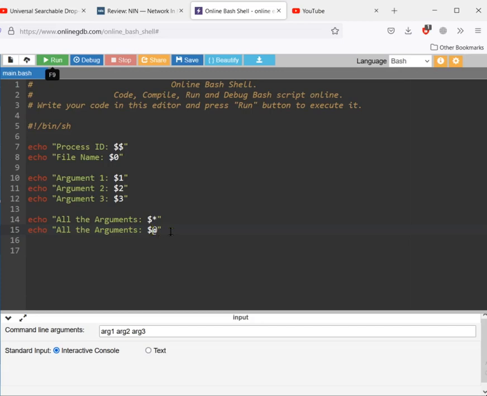That is the small technical difference between these two. And finally, if we want to know the total number of arguments, we need to print $#.